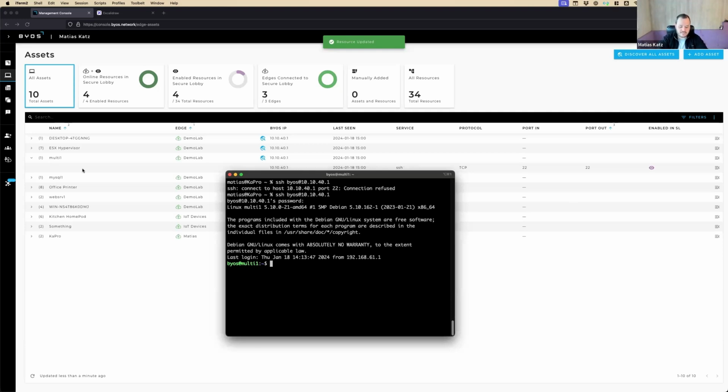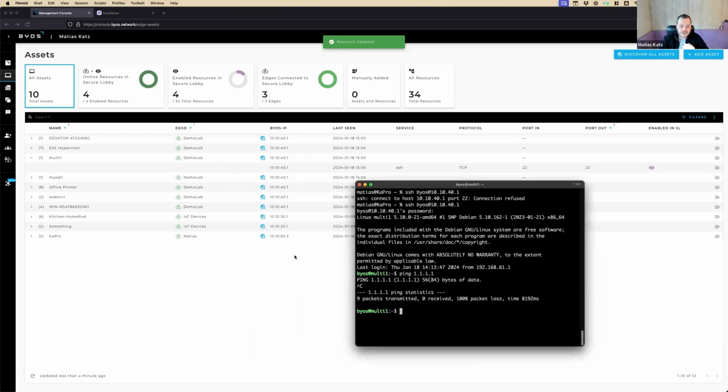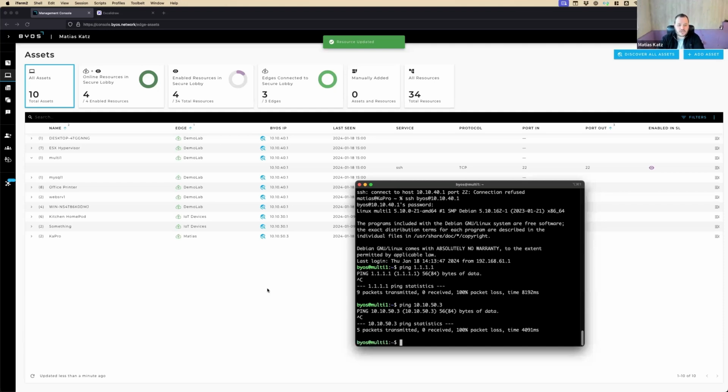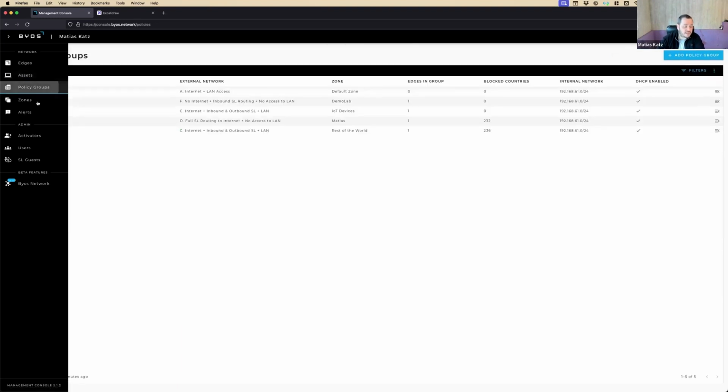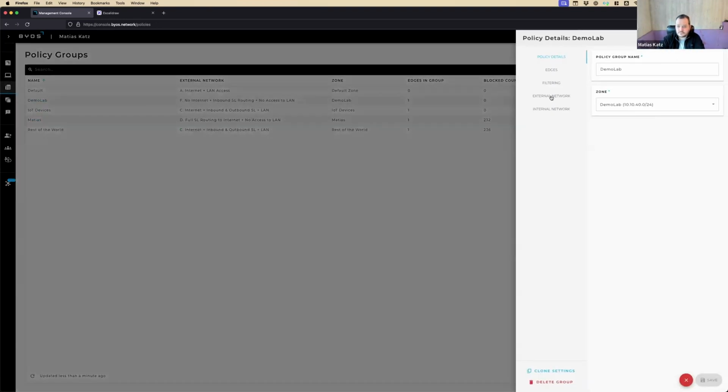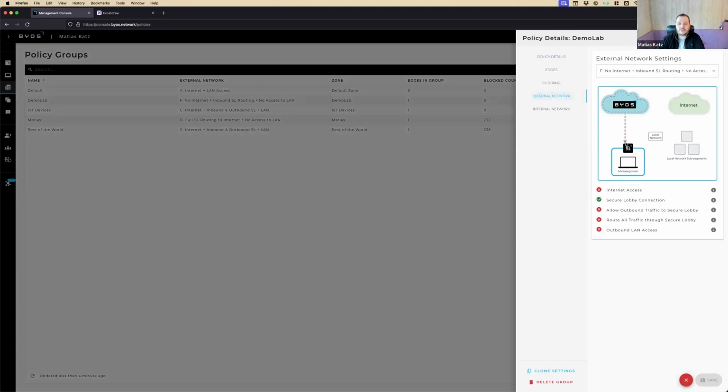But at the same time, the VM itself doesn't have access to anything, doesn't have access to the internet, doesn't have access to the overlay. I can even try pinging my IP address, 10.10.53, and it's not going to work because, as we saw before, the Demo Lab policy only allows inbound